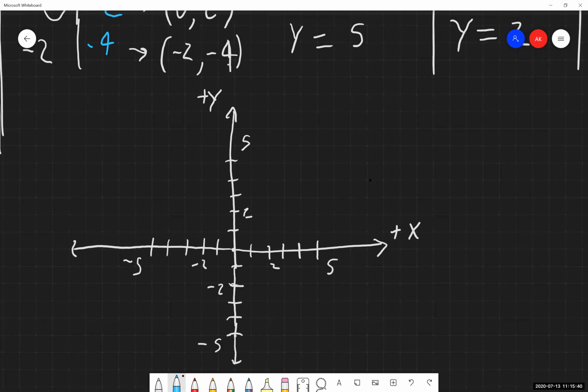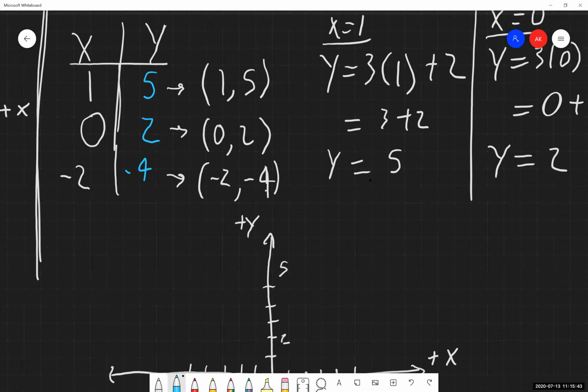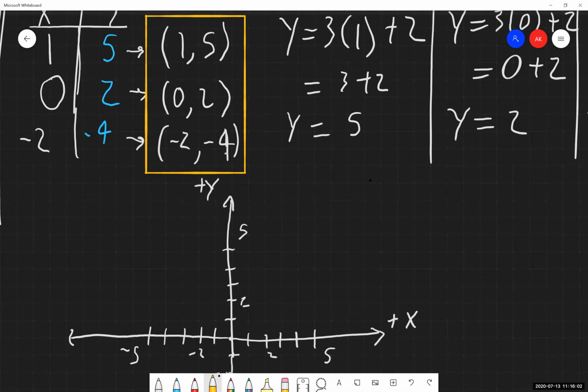Now, we need to choose 2 of these points that we have up here. I'm going to put these in boxes in here so we don't lose track of them. I need to plot at least 2 of these points. It does not matter which 2 you choose. You just need to pick 2 and plot them. You could plot all 3 if you would like to also. There's nothing wrong with that, but you need at least 2 of them. Okay. For the sake of having it stand out, I'm going to plot these points in red so it stands out a bit more against the stuff that we have on our graph. So I'm going to plot, we'll plot all 3 of these for the sake of additional practice.